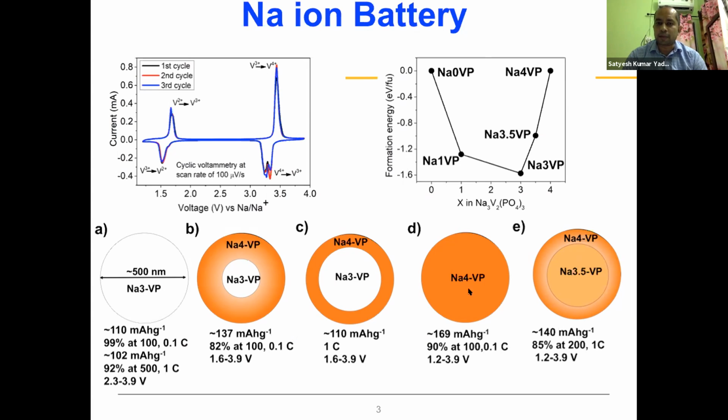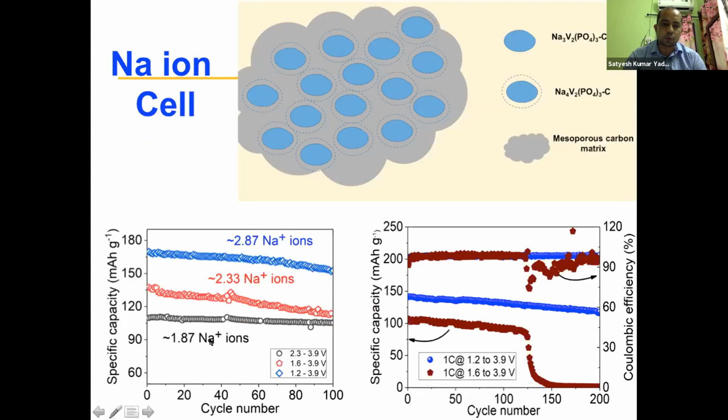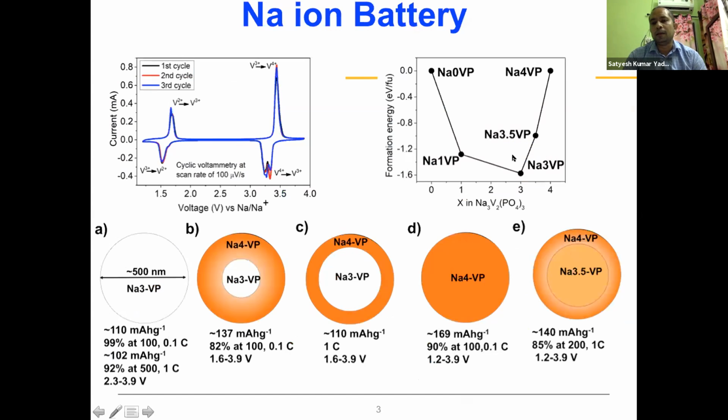Up to Na3, it is fine. When you charge and discharge Na3, that is adding almost 2 sodium ions, because the initial material itself is Na3. So there is no expansion associated with the cathode material. Everything remains fine. But if you discharge it further and it gets to Na3,